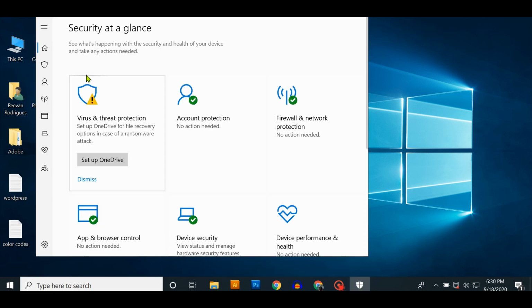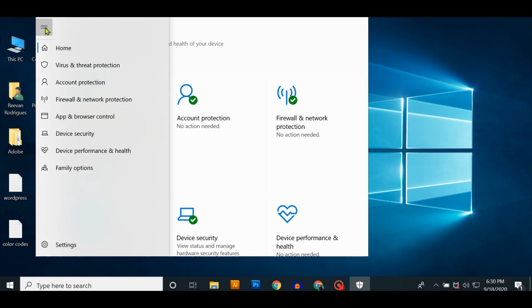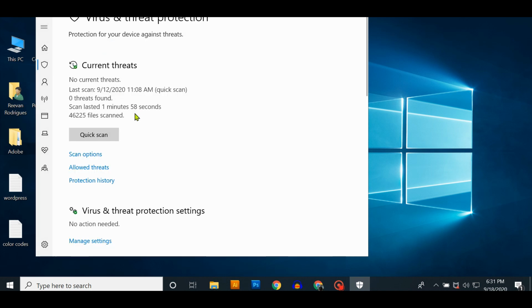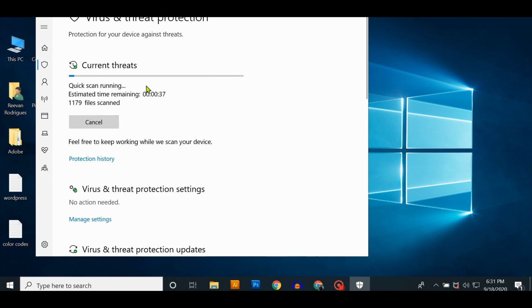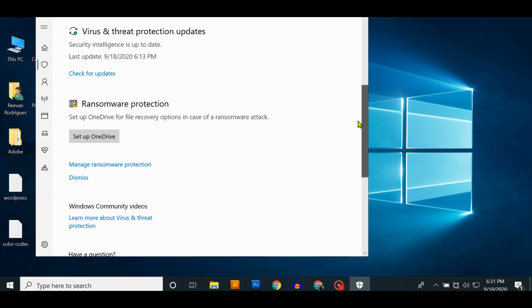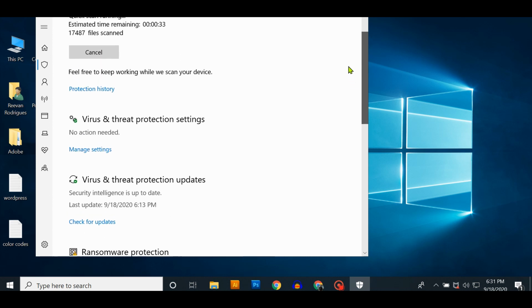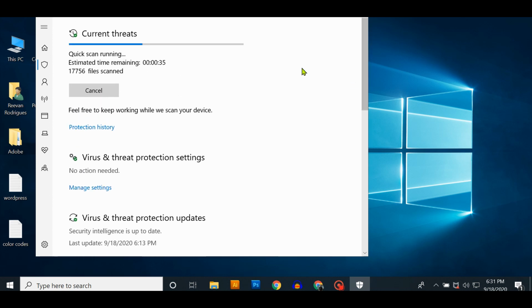Once you select this, here you can see all the protection included for your Windows 10 computer. On the sidebar, select Virus and Threat Protection, and here you can do a quick scan of your PC to check if any viruses are on your computer. If you set up a OneDrive account, you will be protected against any ransomware attacks.